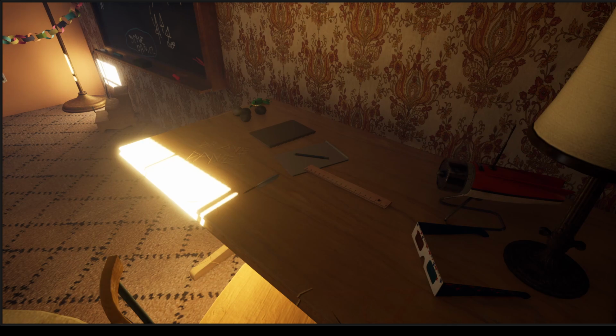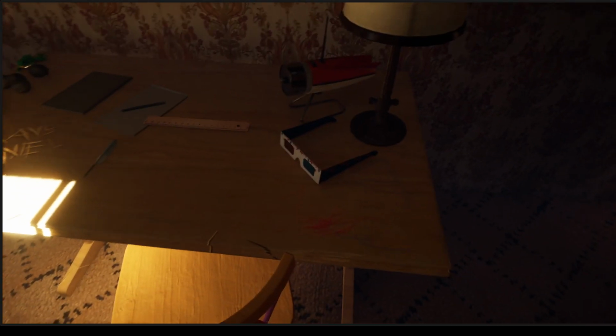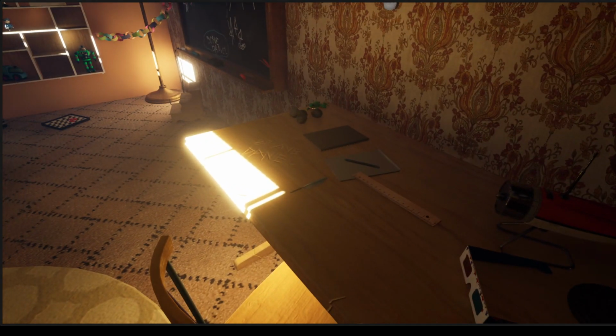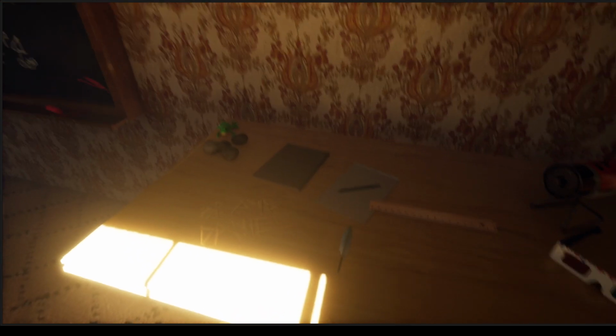I used a warm wood material to keep it in the 70s era and added dents and scribbles to show that this belonged to a possibly difficult child. I chose to create an etching in the wood that says Brave Daniel. From this, the player can tell that the child's name is Daniel and that he liked to think of himself as brave. On the desk and just above it,